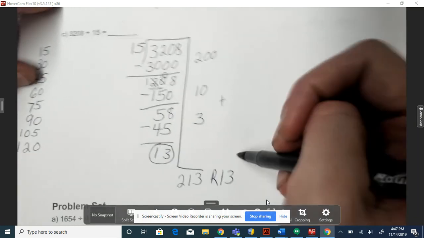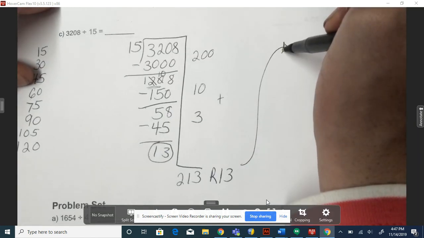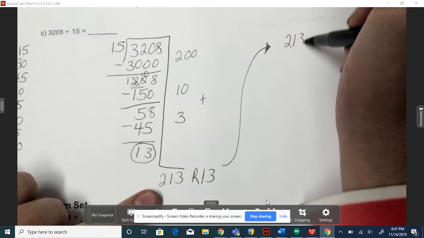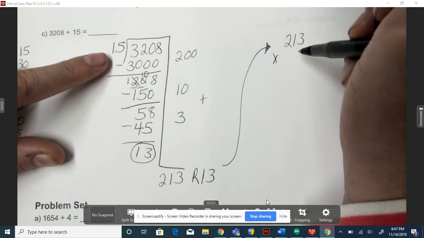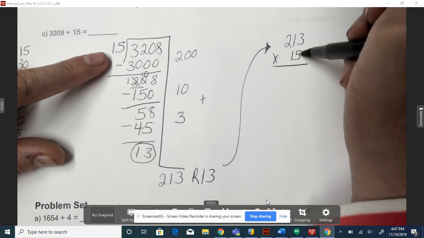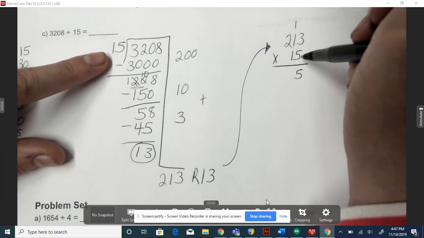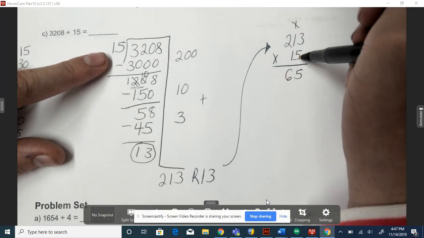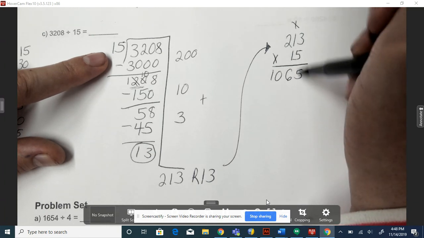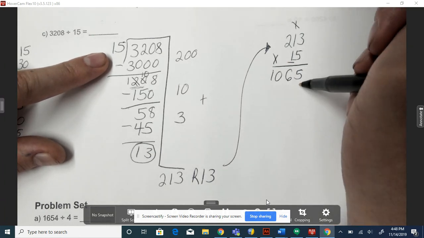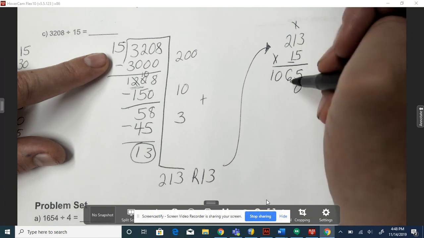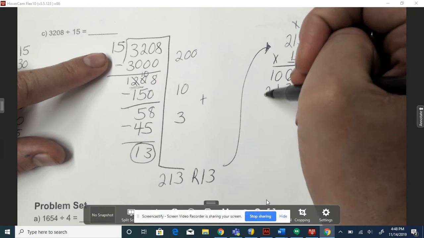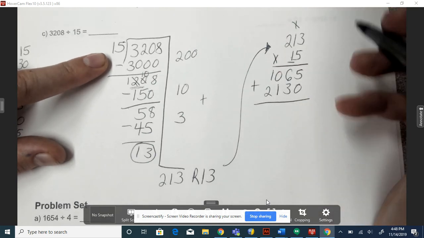So let's see if our math is correct. We're going to multiply to see if we're right. So we're multiplying 213, because that's our quotient, times our divisor, which is 15. 5 times 3 is 15, carry the 1. 5 times 1 is 5, plus 1 is 6. Cross out the 1. 2 times 5 is 10. Now we're going to be multiplying by 1 in the tens place, so we're going to put a 0 in the ones place. 1 times 3 is 3. 1 times 1 is 1. 1 times 2 is 2. Add